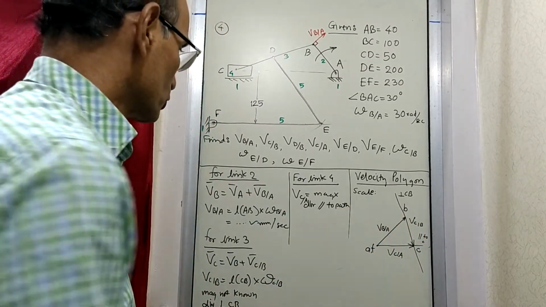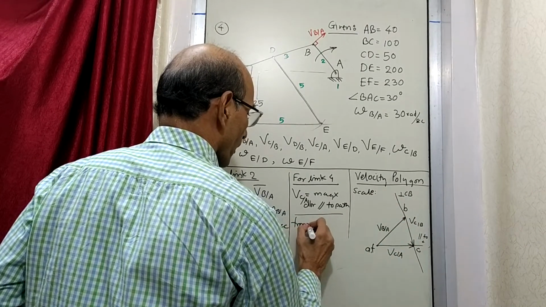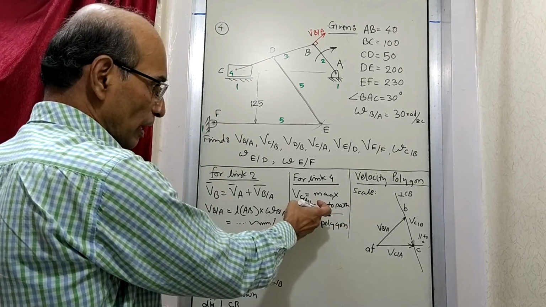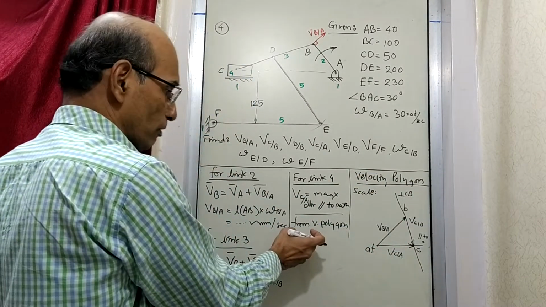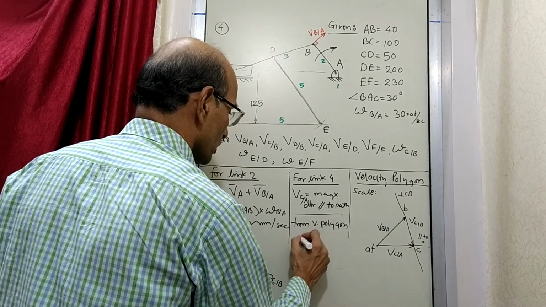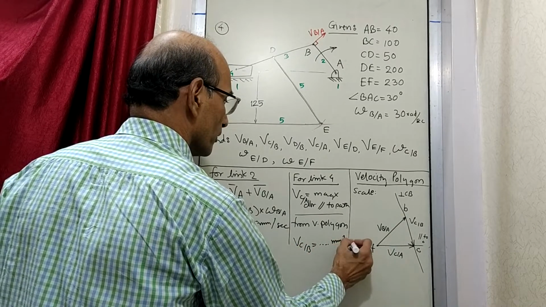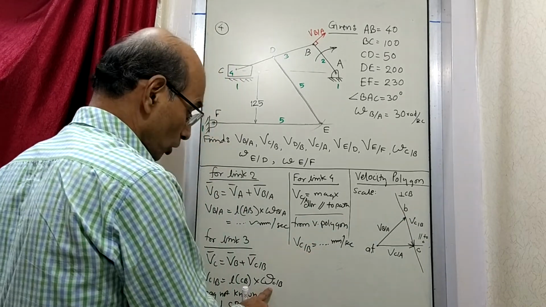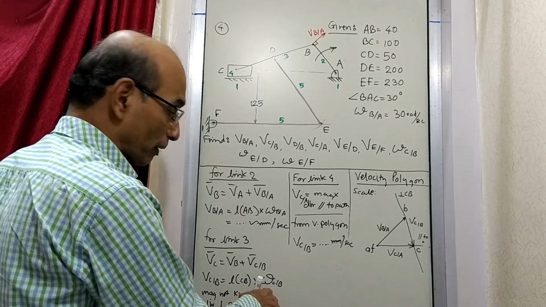So you can write, after you draw the polygon, now you say here, from polygon, that we were not knowing this at this stage. So at this stage we have drawn the polygon, and the polygon has given us the values. So from the polygon we got the information that velocity of C with respect to B is equal to so much millimeters per second. That means this length. And once you know that, this omega which was not known earlier, we got directly this. Without knowing this, we got this. So now these two are known, so you can find out omega.